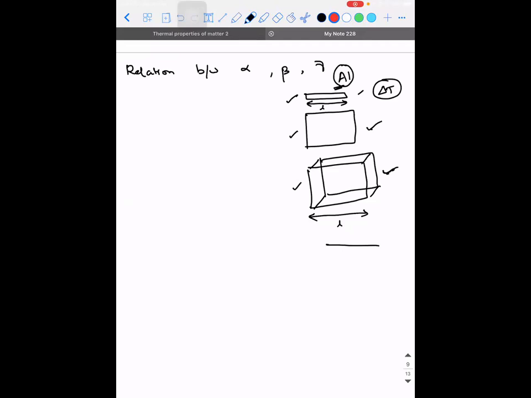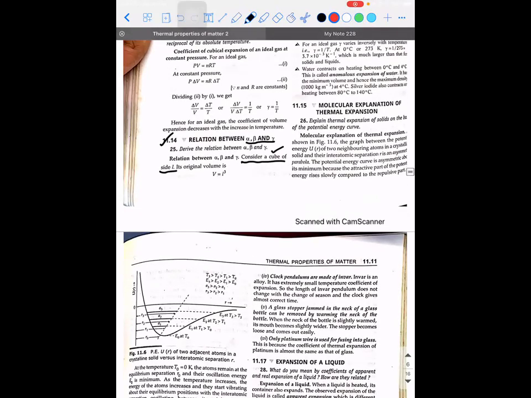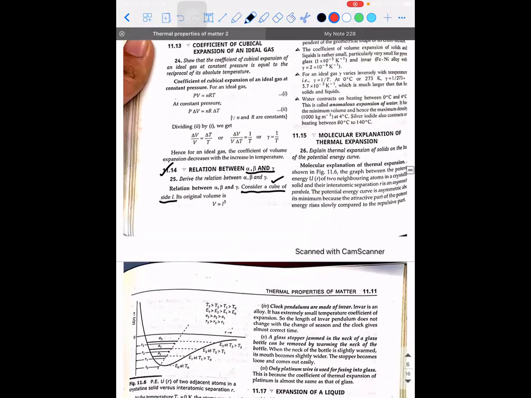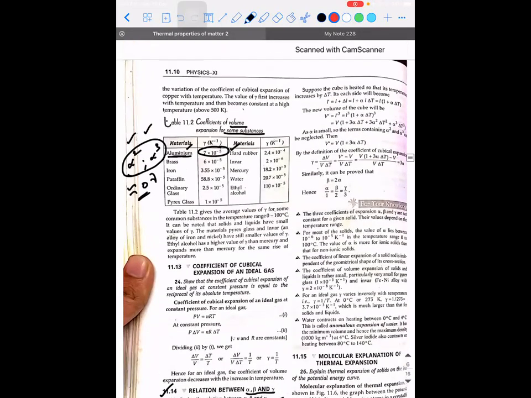So, this cube is subjected to heat. Okay. So, what I'm trying to say is, I'll just explain this concept. You need to consider a cube of length L. Then its original volume V will be how much? Since it's a cube, it is going to be L cube. So V will be equal to L cube. Next, suppose the cube is heated, okay, so that the temperature increases by delta T. Then my question is, how many dimensions of the cube is going to change?